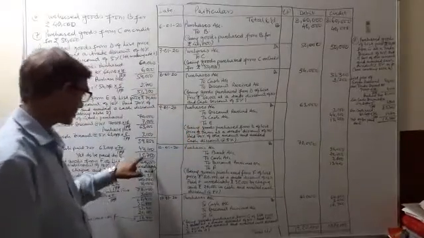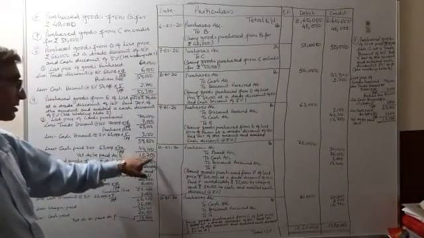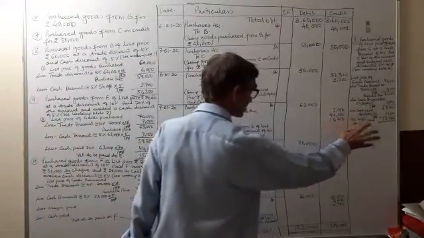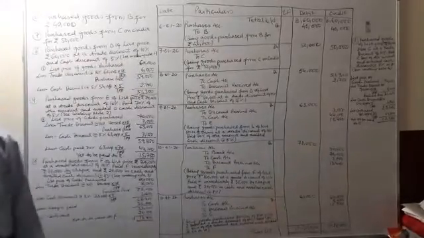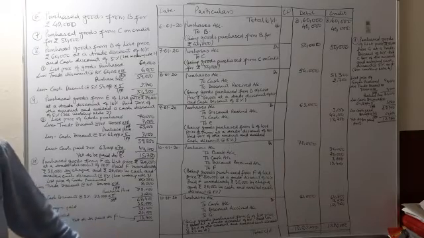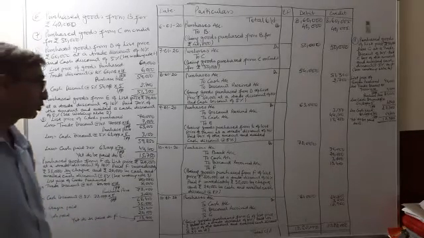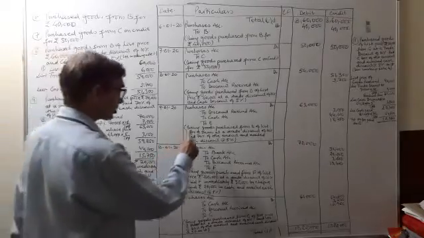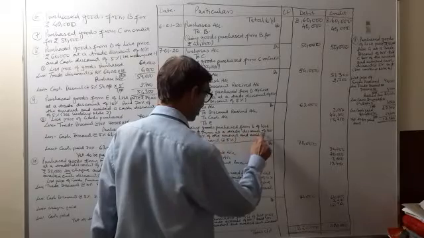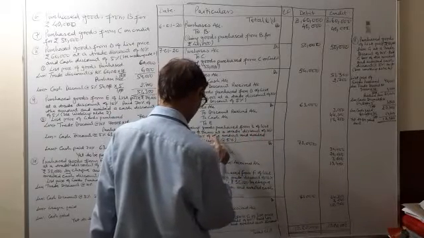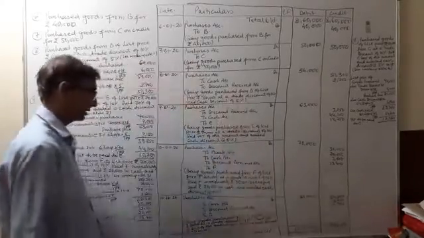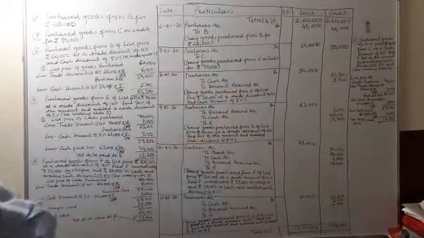To E, yet rupees 15,750 is to be paid to E. So E becomes a creditor, and creditor is a liability, and increase in liability is credit. So it's clear. Narration: being goods purchased from E of list price rupees 70,000 at a trade discount of 10%, paid 70% of the amount and availed cash discount at the rate of 5%. And we will draw a line. Clear?